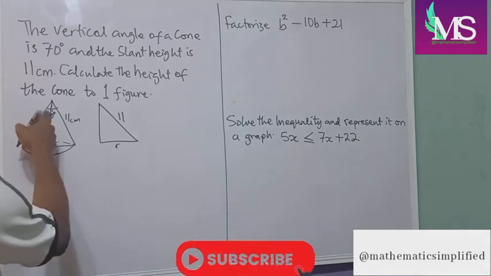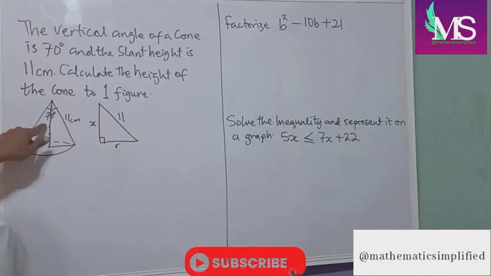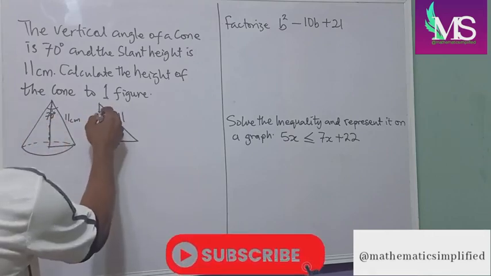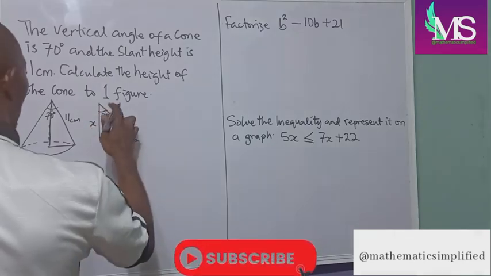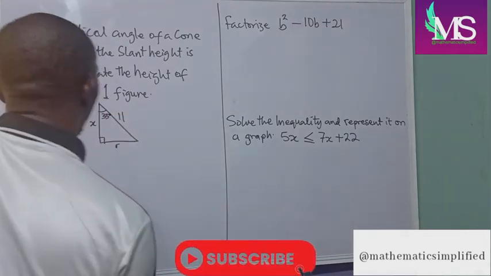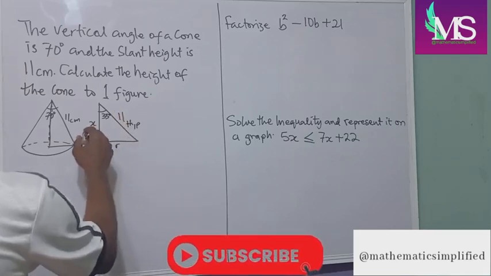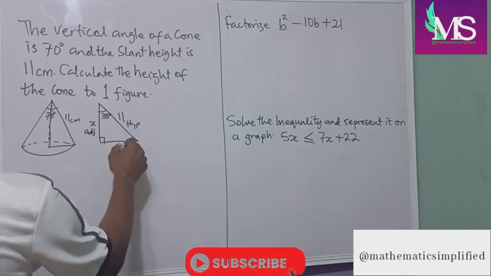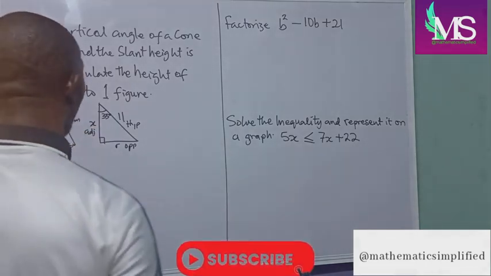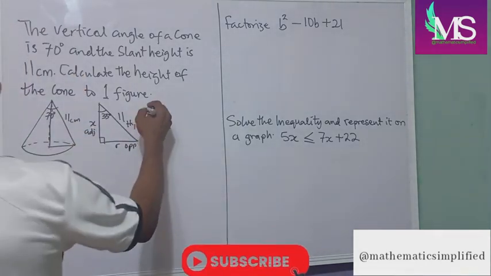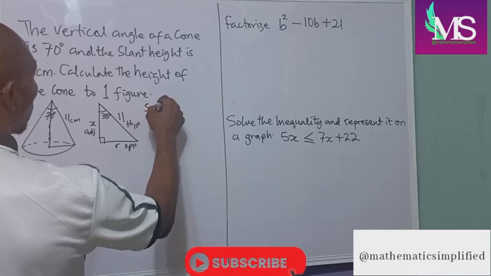Now, if we divide this vertical angle, since this is our height, x, 70 divided by 2 will give us an angle of 35 degrees here. Okay, so if we have 35 degrees here, we can now find x, knowing that this is our hypotenuse, these are adjacent, and these are opposite. Now with respect to 35, since we have hypotenuse and adjacent, applying our SOHCAHTOA,